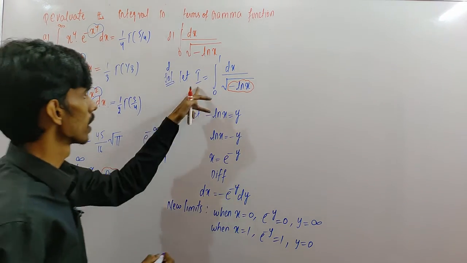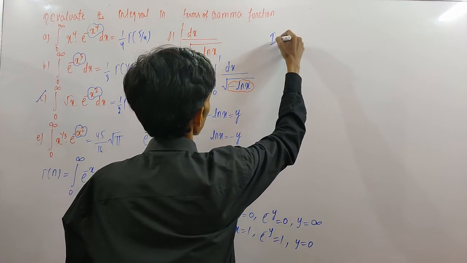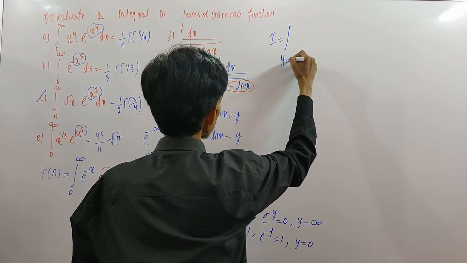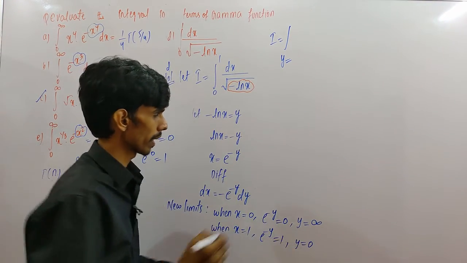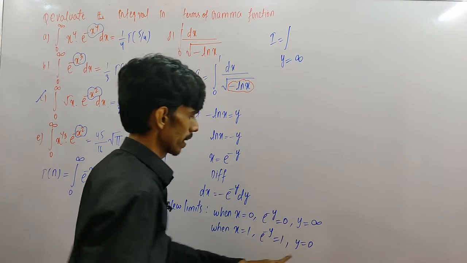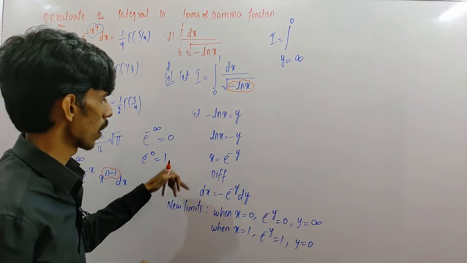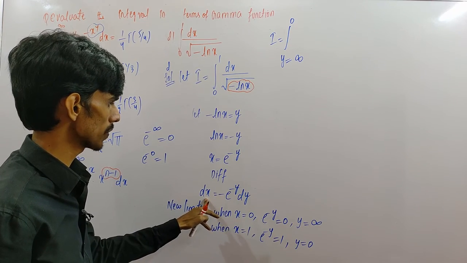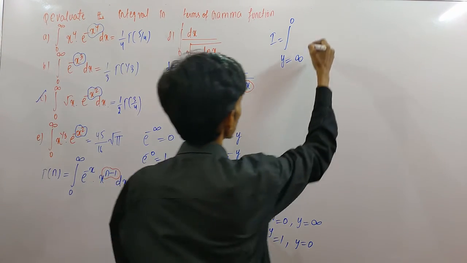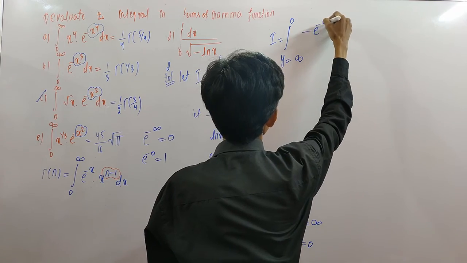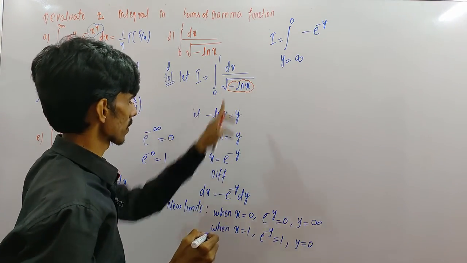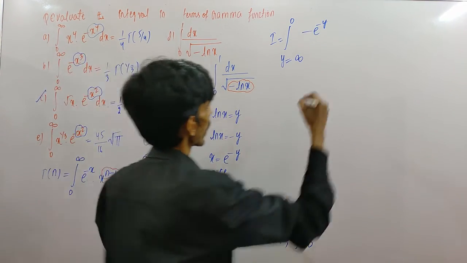Hence the integral I has lower limit y equal to infinite, and upper limit y equal to 0. Now dx is minus e power of minus y dy